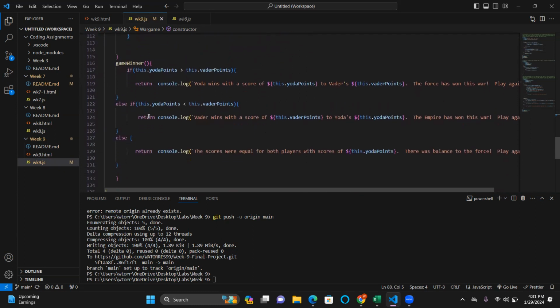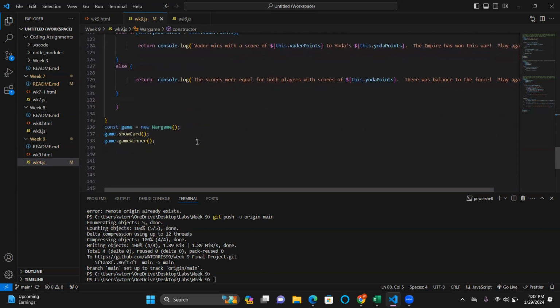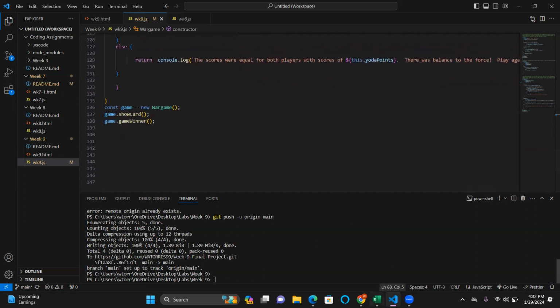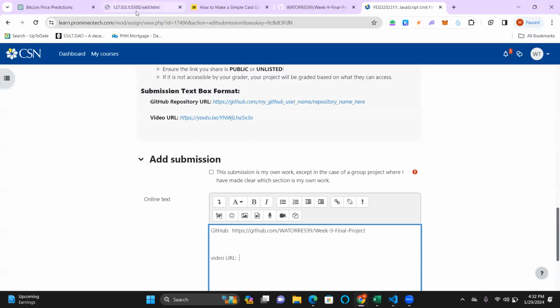Finally, this tallies up the scores, and whoever has the higher score would be determined the winner. And again, I used an if, else if, and an else statement if it was a tie. And then it concludes. And so to show the game,